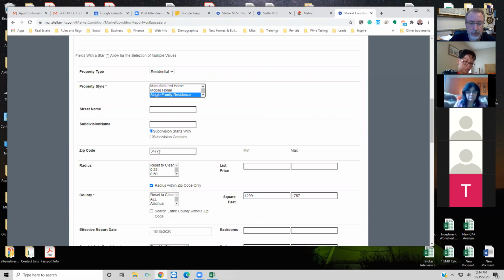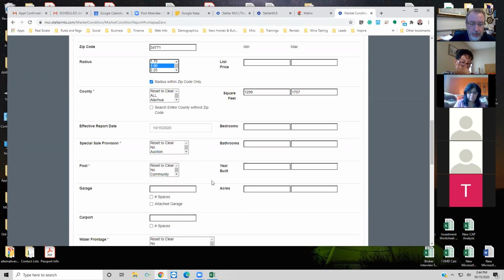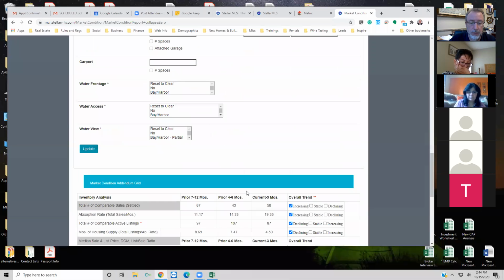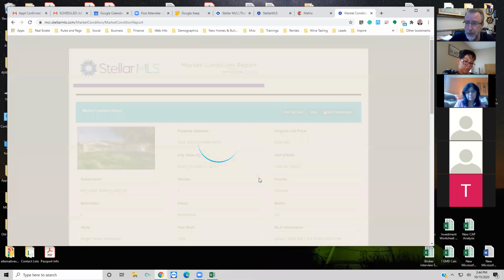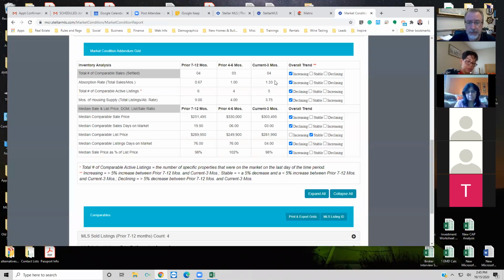Or you can do it by the zip code, or you can set your radius to, I just want it within a couple of miles. And then county if you want. So you can play with these, but sometimes you'll play with them too much and you'll get nothing, right? You can play with them and get a better feel for the numbers that the market conditions report will give you. It's really a handy tool. This little sheet, you can print it out. You can include it so that you can show them that, look, over the last